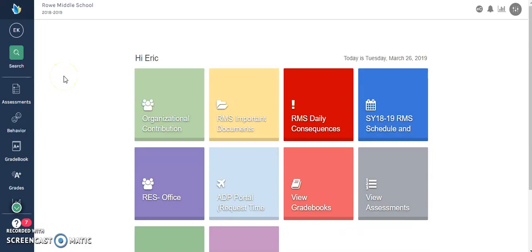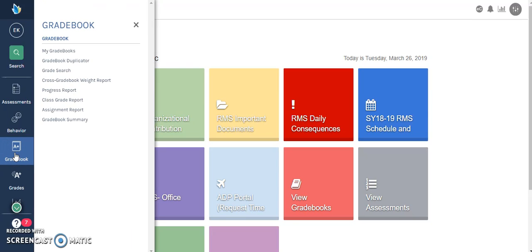Today, I'm going to walk you through the process of creating an assignment. It's a very simple process. Illuminated makes it super easy to do. So let's get started. I am going to start with clicking on the left side toolbar to Gradebook and then